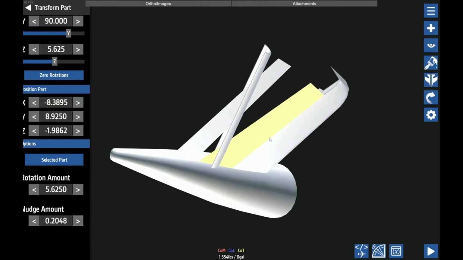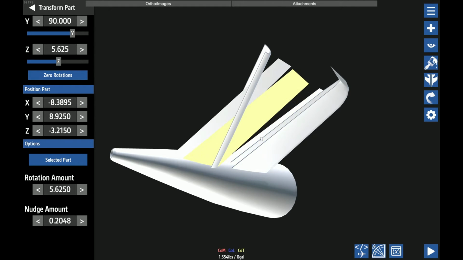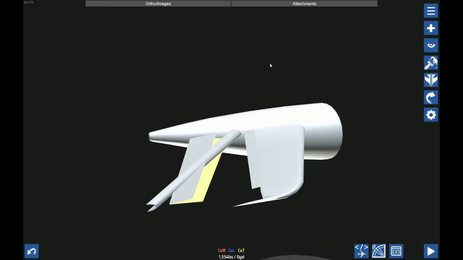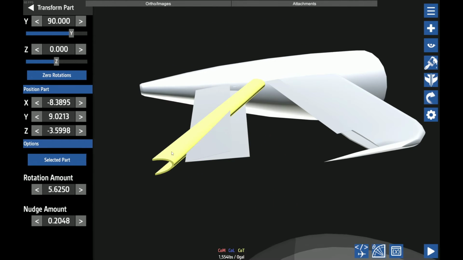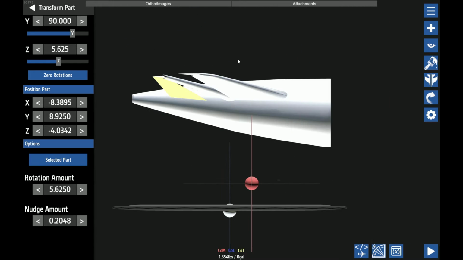I'm also going to use the piece itself, not a copy of it, and I'm going to start with the base. Actually, I'll do the tip. So what we do is I'm going to go into orthographic side view,